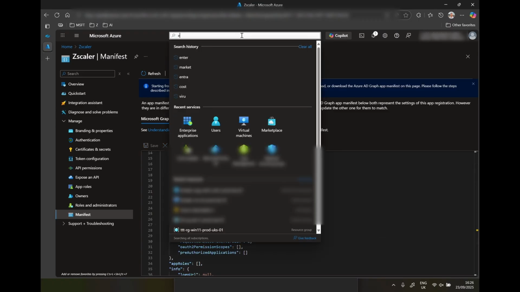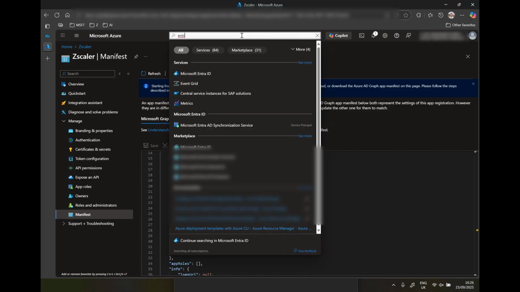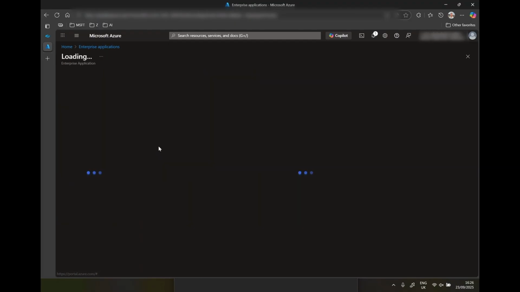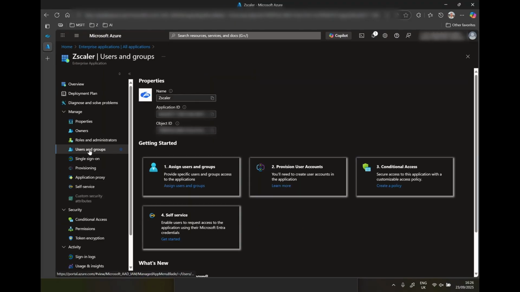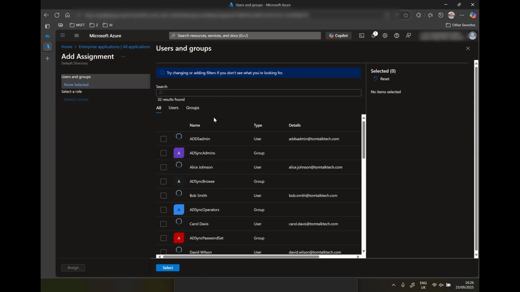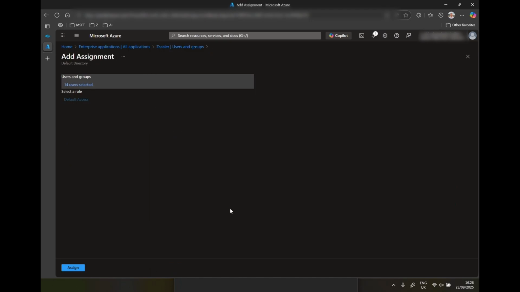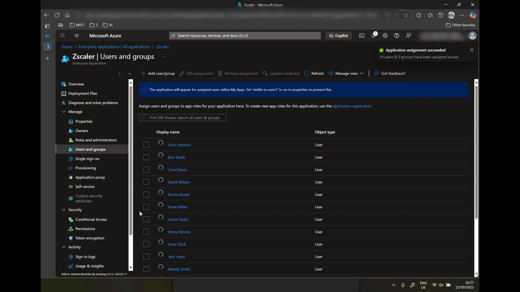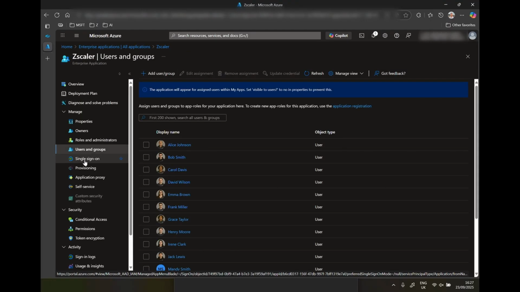If we head back to the enterprise app that's been published, you can see our Zscaler app that we've added here, and then we're going to want to assign users to this application. So I can add individual people or I can add a group. I'm going to select those and assign, and then on the left under the enterprise application menu, click on single sign-on,